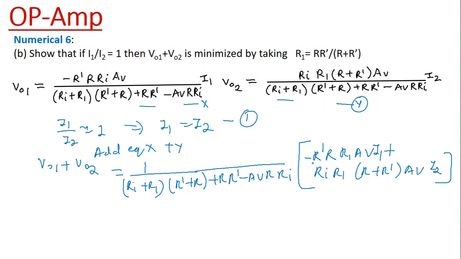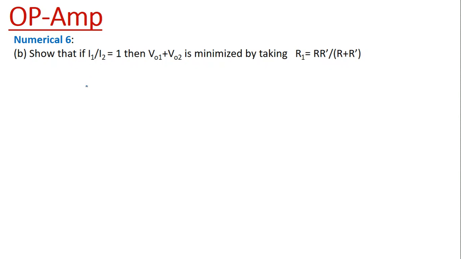So we put I1 is equal to I2, and this whole thing we take as denominator D. This is only for simplification I am writing, but you have to write the whole thing here. So 1 upon D, and this will be I1. We are taking I1 is equal to I2, and taking the whole thing as I1 outside. So what we are getting here,